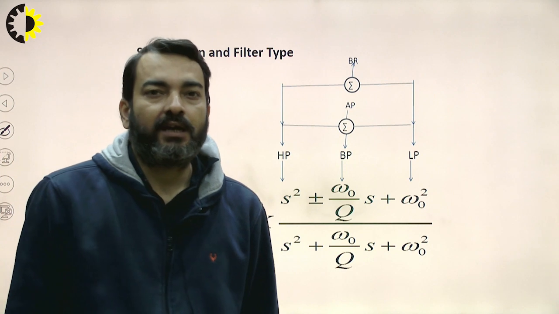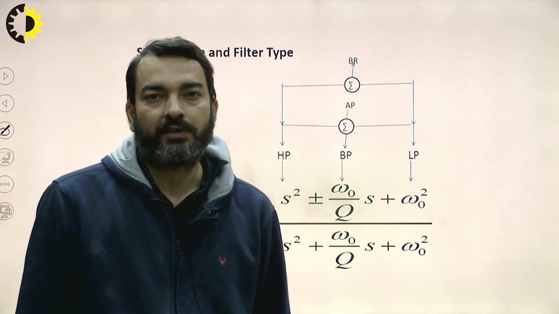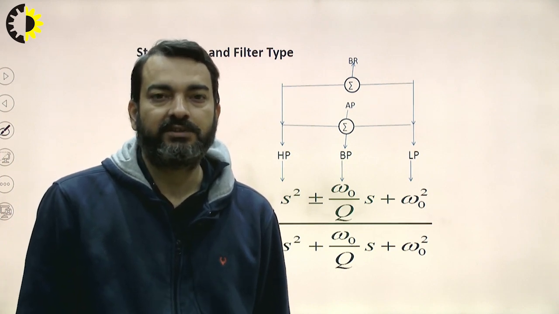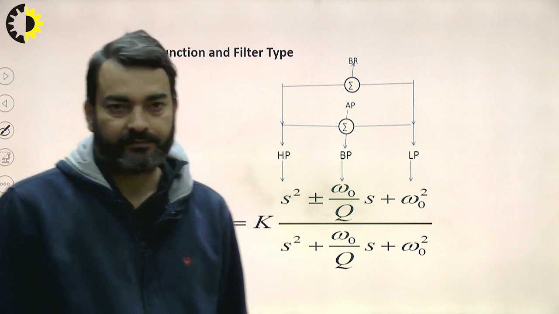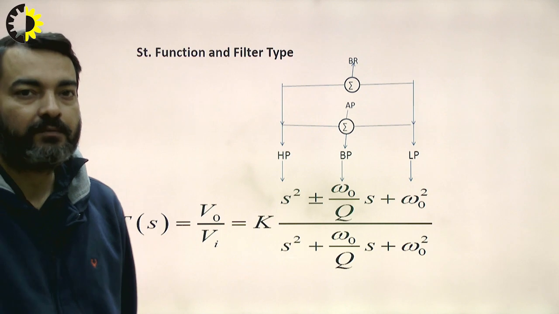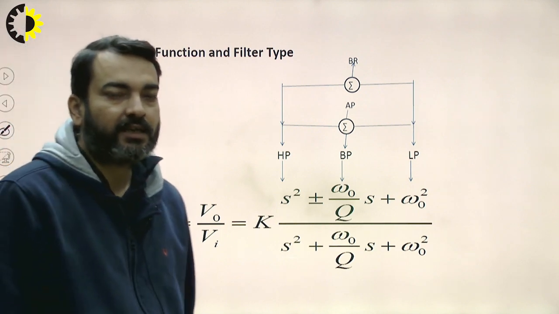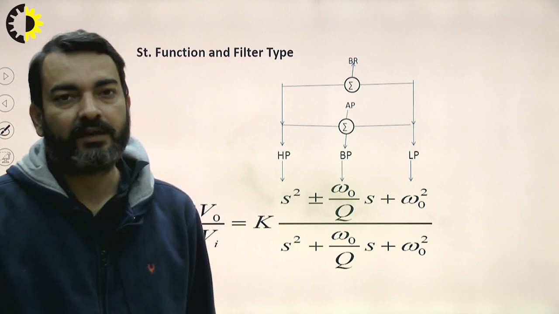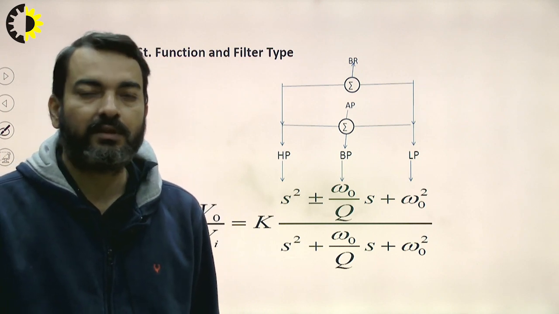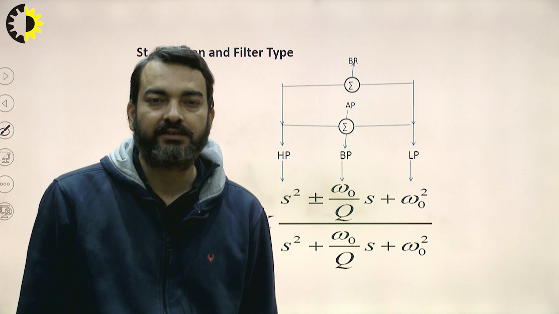Now we will see the standard second order filters. So first we will see what is the standard equation of a second order filter. So we have a total of 5 categories possible for second order filter, that is low pass, high pass, band pass, band reject and all pass. Means all the 5 filter functions can be realized in second order.